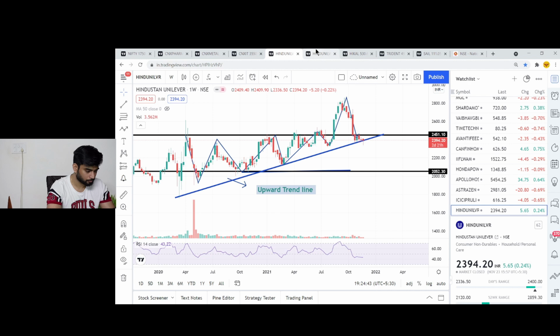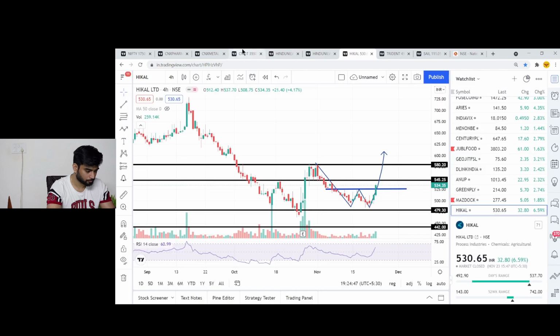And of course, FMCG we have discussed with you. It is looking very good. Hikal we have discussed with you. In the pharma sector in particular, there can be substantial buying which we can see in the market. For 3 to 4 months we have not seen a major move happening in the pharma sector. Many pharma stocks are there, and accordingly we can make the positions.